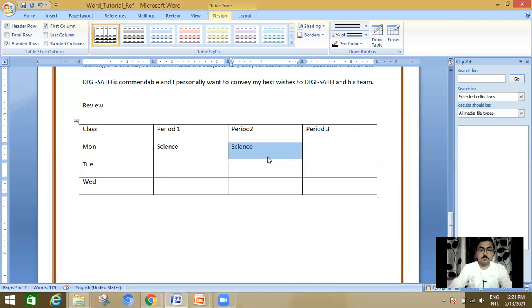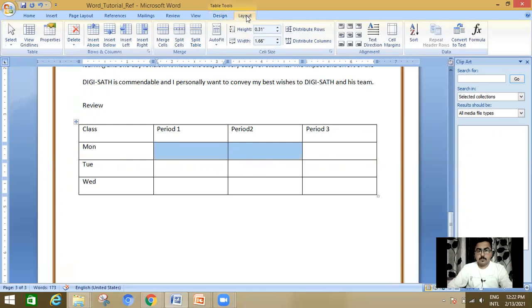I am going to delete the data. Select the cells you want to merge. Okay, clear? And after that, go to the layout